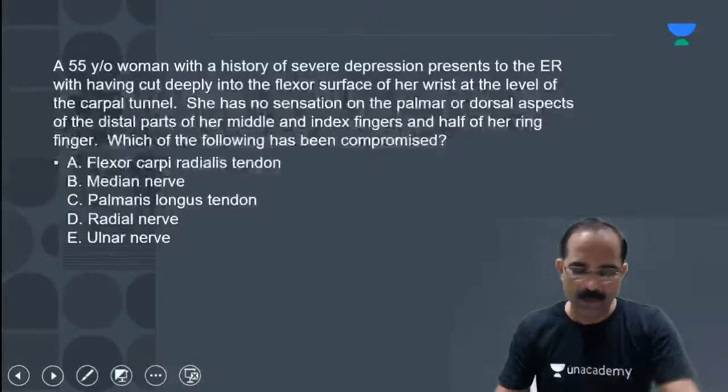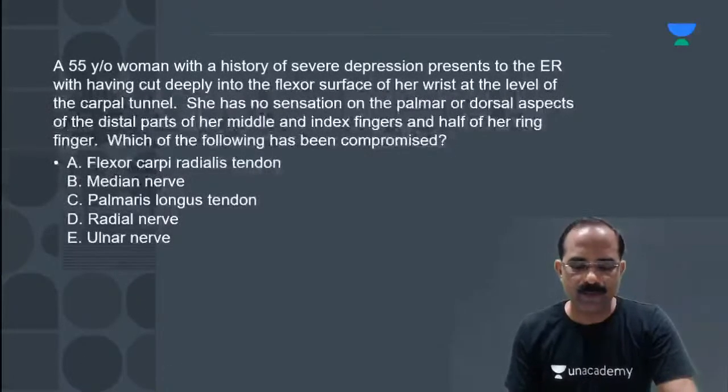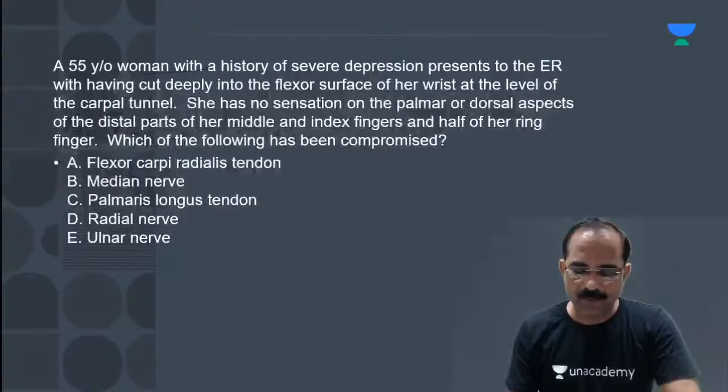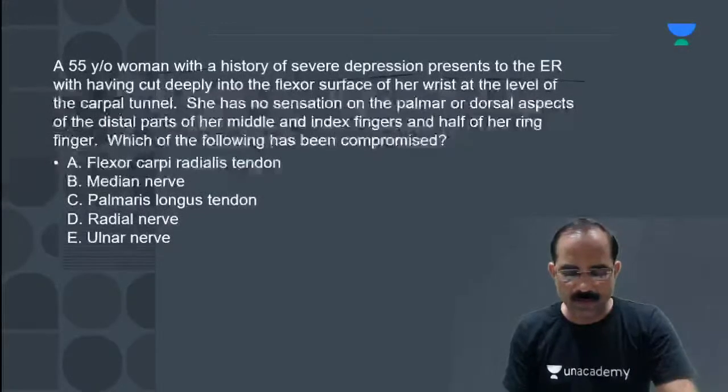Yes, answer this MCQ. A 55 years old woman, very good. A 55 years old woman with a history of severe depression presents to the emergency with having cut deeply into